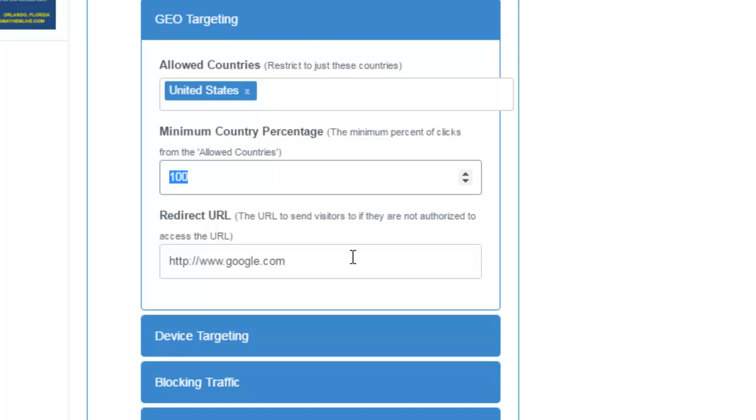Now, one of the other questions that a lot of users ask is if they have this link in a rotator and they want to rotate, and then if they didn't come from the United States, they want to send it to the next link in the rotator. How do they do that? Well, your redirect URL, you're going to put your rotator link in there, so it'll actually send them to the next link in your rotator, or if you're using a random rotator, it would send them to a random different location. The one thing that you wouldn't want to do is do that if you're using a fulfillment rotator, because fulfillment is always going to send traffic to link 1 until that hits the maximum amount of unique clicks. Any other rotator, you could do that. Okay,